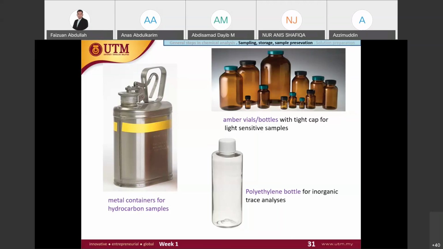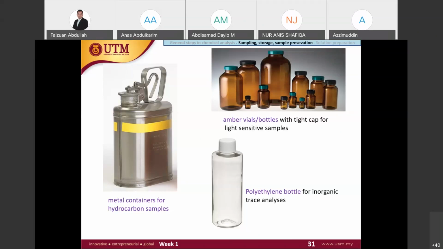So we have to put the sample inside the amber vials or bottles to prevent the light from degrading or decomposing our analyte in the samples, right? So remember, for the light sensitive sample, we have to put the sample into the amber vials or amber bottles,